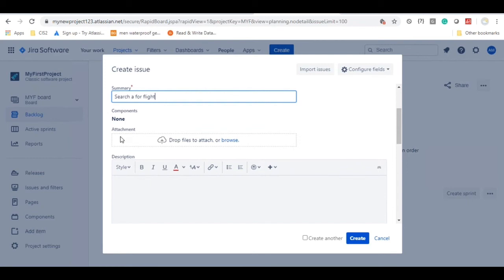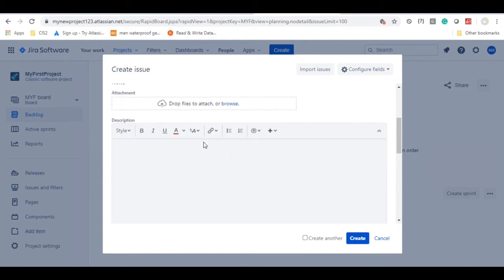And if you want to attach any kind of attachments, normally in real time, the product owner might be giving some other information. He might have some documents, or he might be creating some kind of wireframes if required. Wireframes are nothing but sample screens, where the user can click and see how it will be available. Such kind of information you can attach here to this user story.